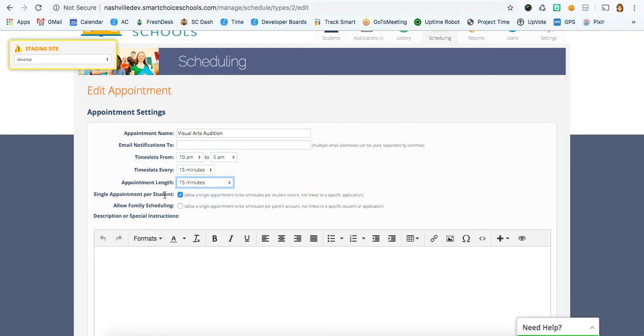Single appointment per student. This will only allow the student to be able to schedule that appointment type once. So if this appointment type can be used for several programs, if the student applies to multiple programs that all need the same kind of audition, this allows them to only be able to schedule that once. If this is unchecked, then they can select and schedule it more than once based on